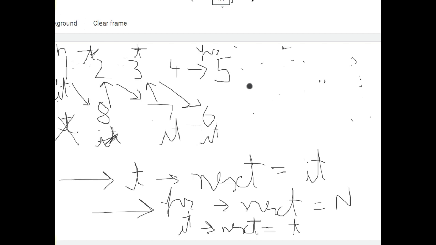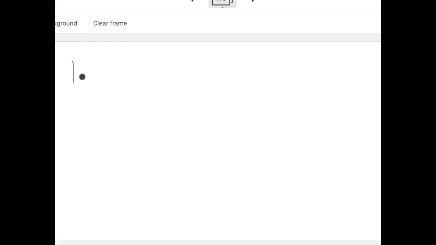Okay, previous would point to null now, and my IT would point, I will basically bring this T here also, and I will point my IT's next to T, so this link would be made. So after this whole iteration, my linked list would become, to be more specific, something like